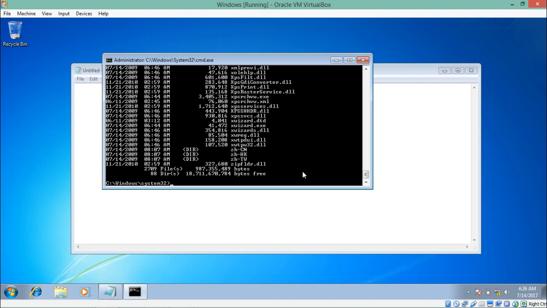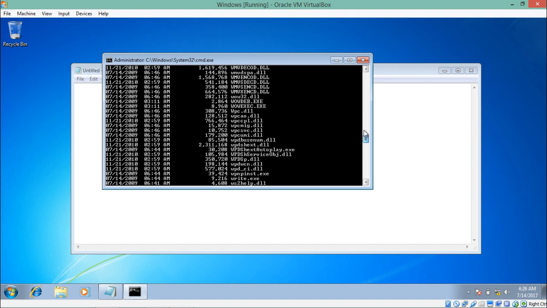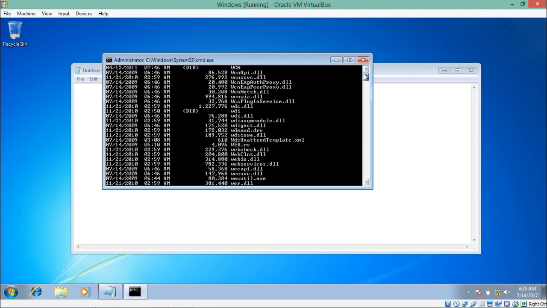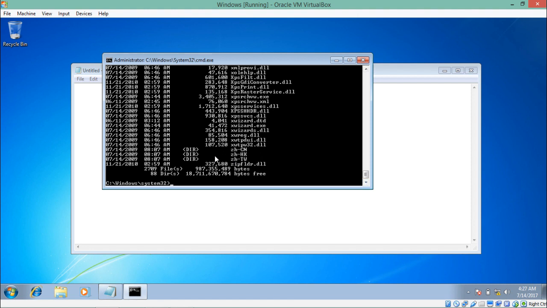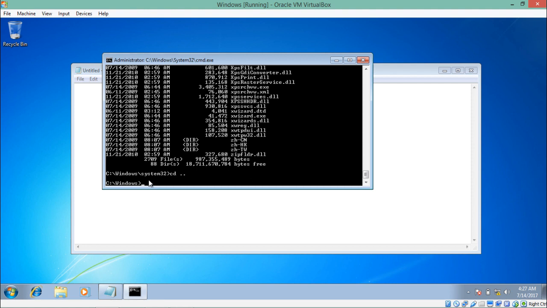Then if we want to change the directory, just for example, if I scroll up, you will find here there are all files, but just for example you want to come back one directory. So you want to go here, Windows. So just write here cd for change directory and 2 dots. So if you hit enter, you will see that we came out one directory back,